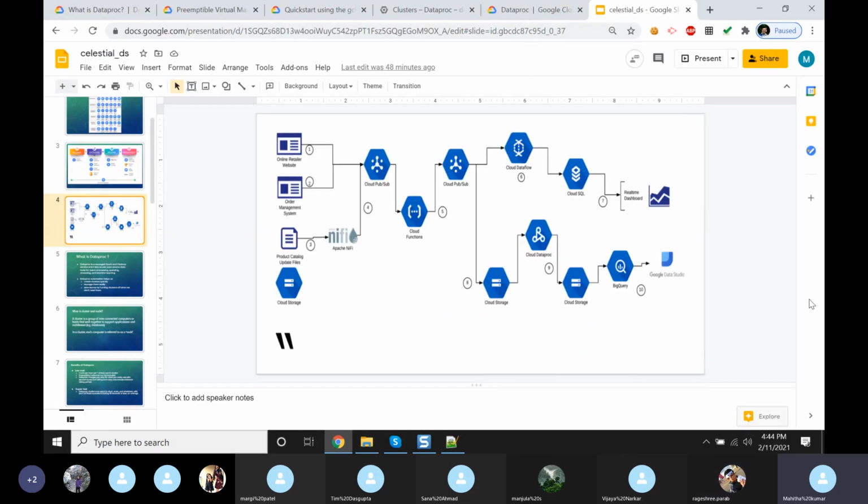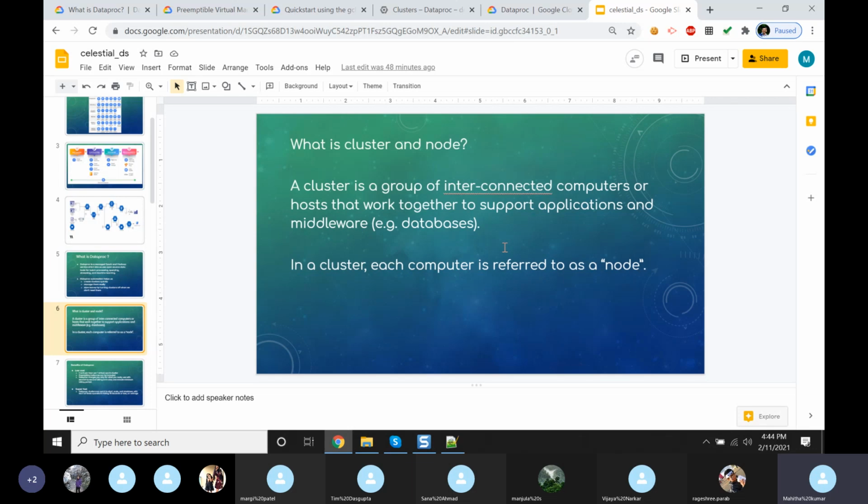So, as we say, the cluster is assigning the task to the system. A cluster is actually a group of systems, so the tasks can be divided. Each cluster can be a group of some computers. We can call each one a node, and these nodes can be doing the same job or different jobs. We can modify it.